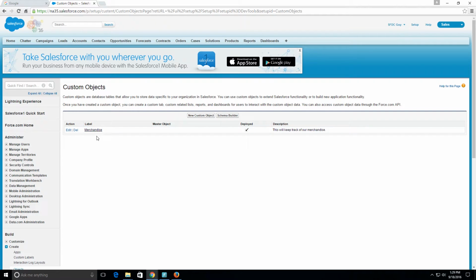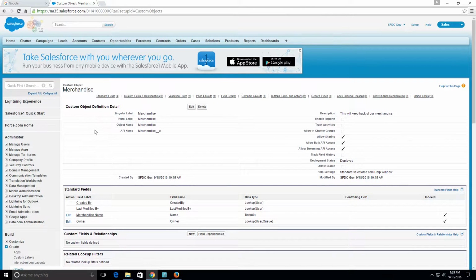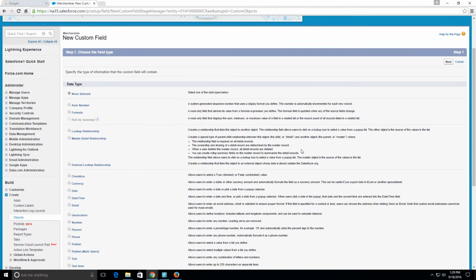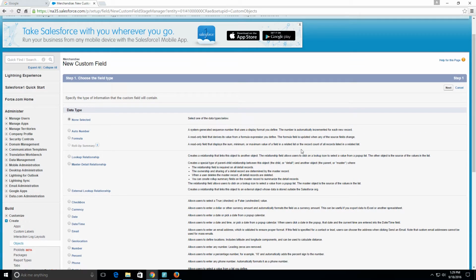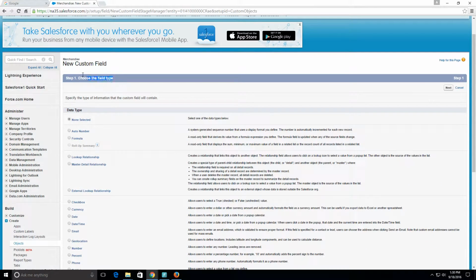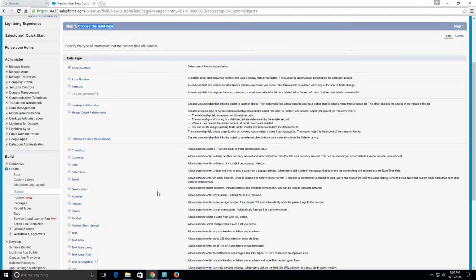So what we're going to do is we're going to click on merchandise, and it brings us to our custom object merchandise, and we're going to go to custom fields and relationships, and I'm thinking about creating 3 fields here. So one of the fields that we're going to create is the description field, and we have to choose the field type. So the data type will be